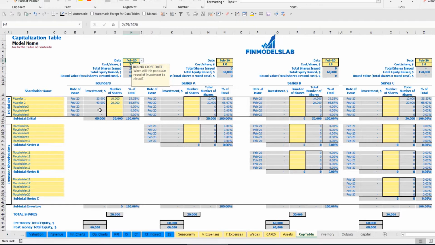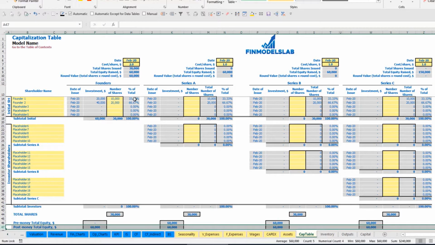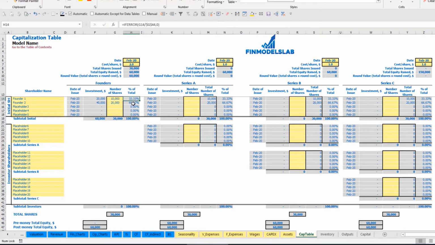Let's imagine that cost of share will be $2 and the date of founding is February. This means that investment for founder 1 is $20,000, for founder 2 is $40,000. In total they invest $60,000, which you may see here. The dilution is 33 to 67% of shares. So let's pretend that for Series A we have one investor